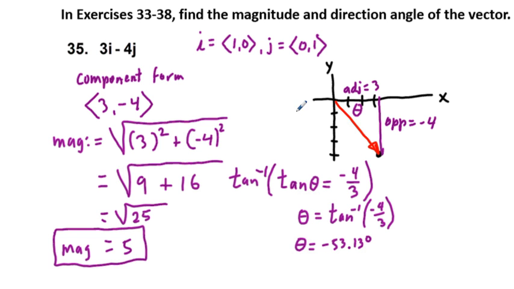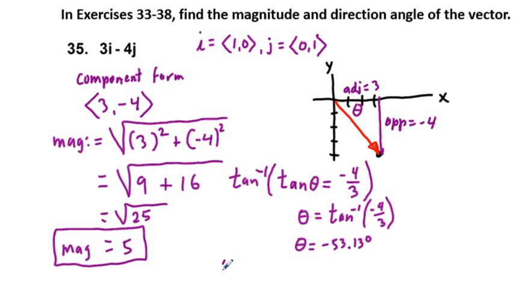And it kind of makes sense, right? Because we're rotating in a clockwise direction from the standard position to the right. So that makes sense. So another way we could handle this is if we add in quadrant 4 360 degrees,